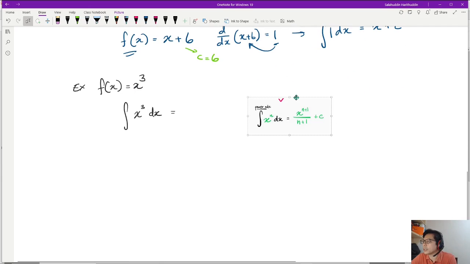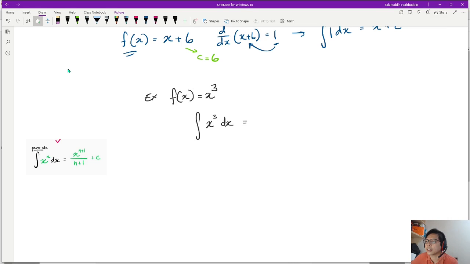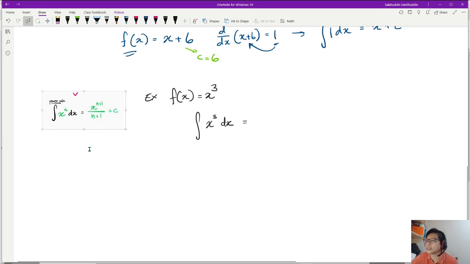I'm going to put this here, power rule. Okay, so according to that, if you integrate that, then the answer is going to be